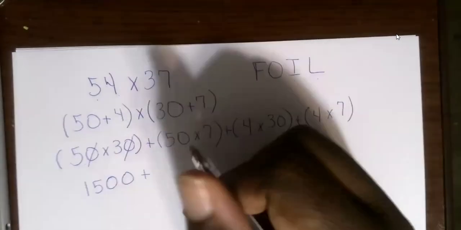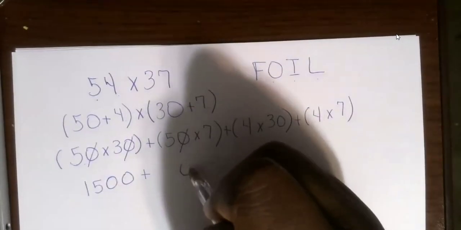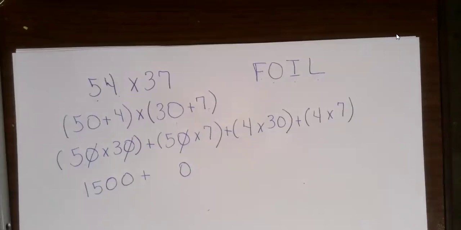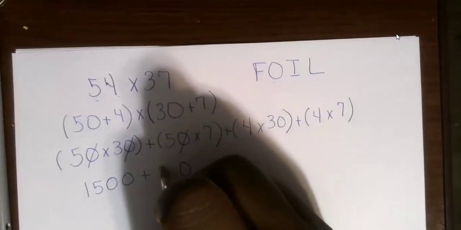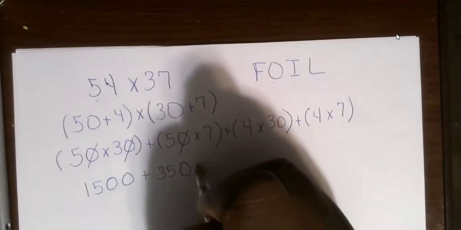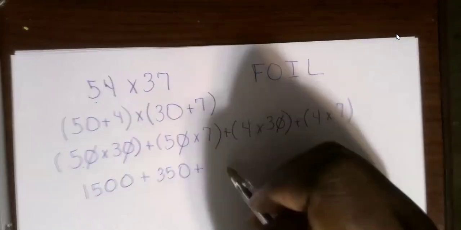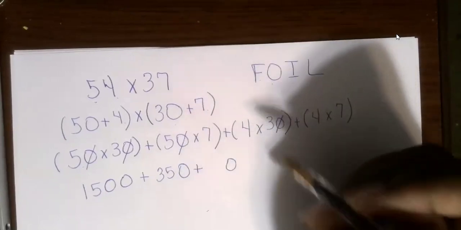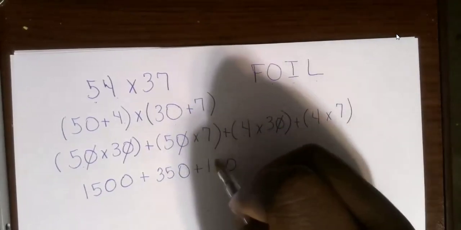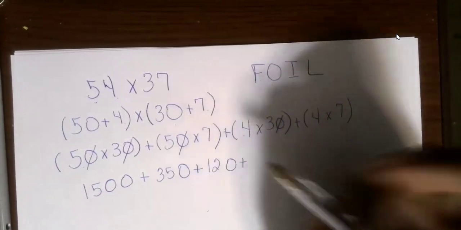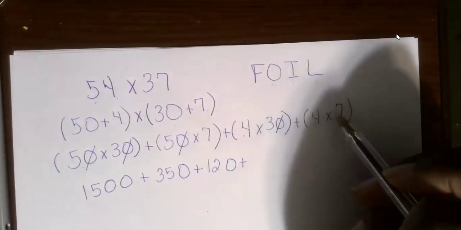Plus, I do my strategy of zeros again, put my 0 in my product, and 5 times 7 is 35. Plus, I'm going to again use my strategy of zeros, put my 0 in my product, 4 times 3, 12. Plus, 4 times 7,